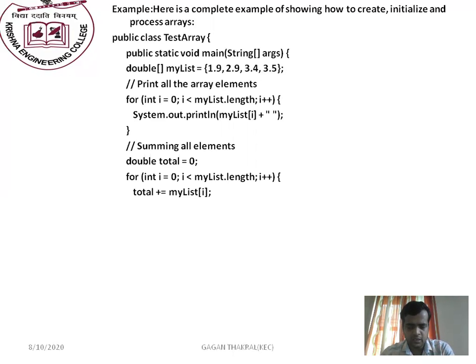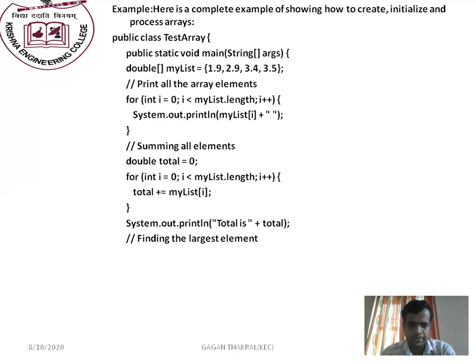So this is our assignment operator, the shorthand operator. When we expand the expression total += myList[i], it becomes total = total + myList[i], and it will automatically sum up all the values of the array. Now after the loop, we print this total as total is equal to the variable value of total.